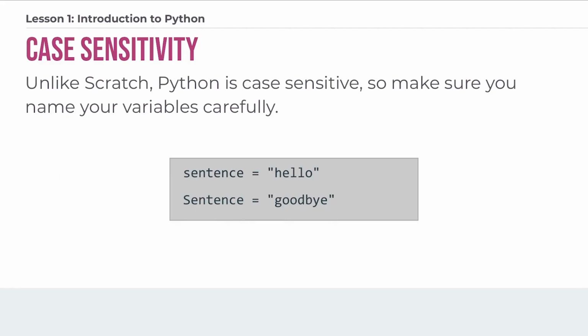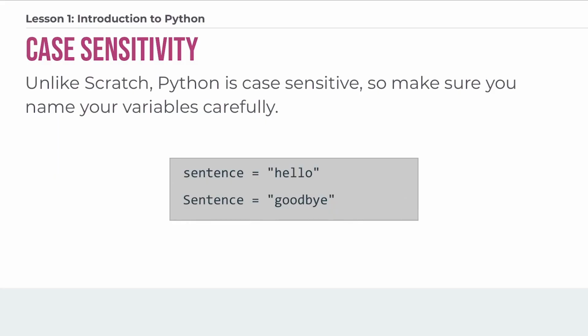A string is a data type that is any set of characters that are not considered numbers. And sometimes I use the word string and word interchangeably just because I'm so used to calling them strings that sometimes I just call anything between two quotation marks a string. But in our next lesson, we'll actually go into more detail about the differences between strings and other data types